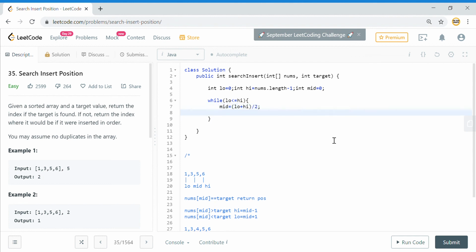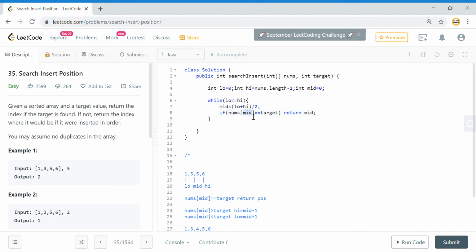That will be my midpoint, and I need to check whether mid is equal to, greater than, or less than the target, all these conditions. If nums of mid is equal to the target, which is the first condition, I will simply return the midpoint.